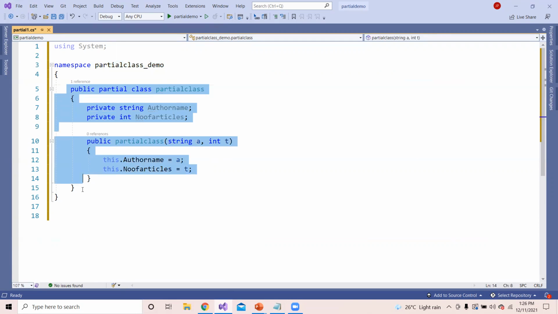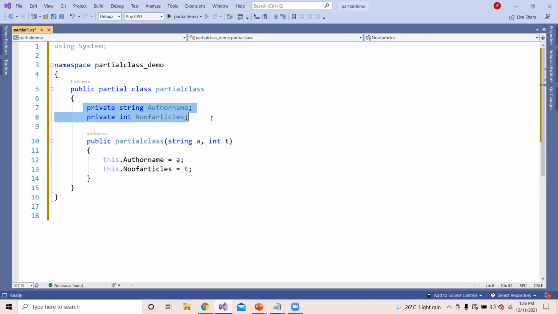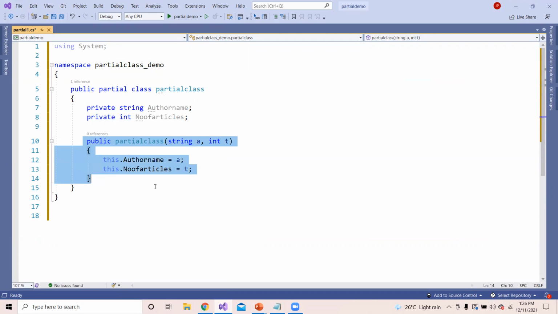Then this is my public partial class in which I have two private variables, author name and number of articles. I've got a constructor, public partial class with a string a comma int. So whenever I initialize this class, if I'm passing two data, that is author name and number of articles, it is going to initialize them.